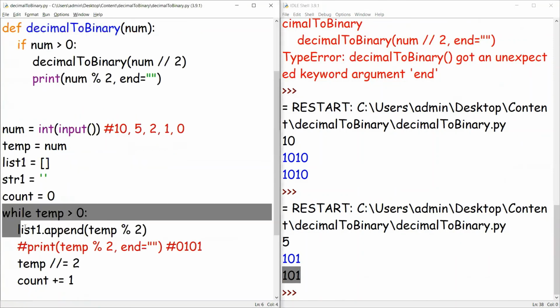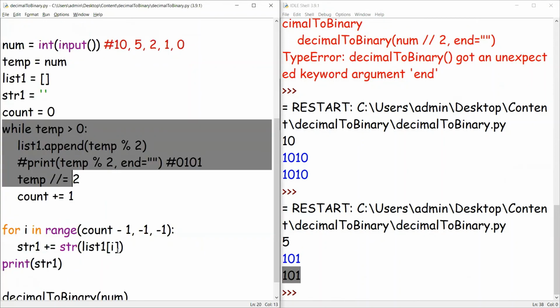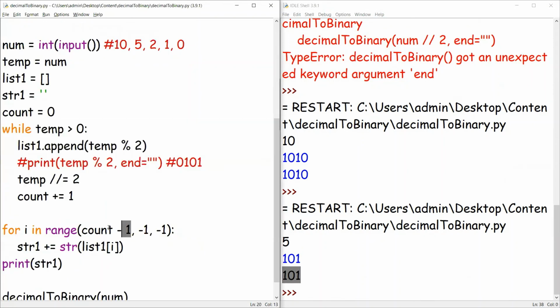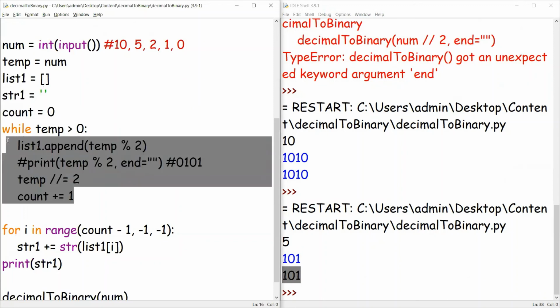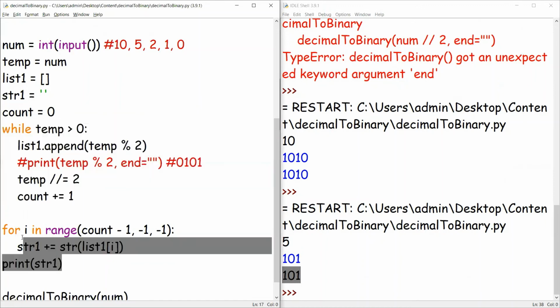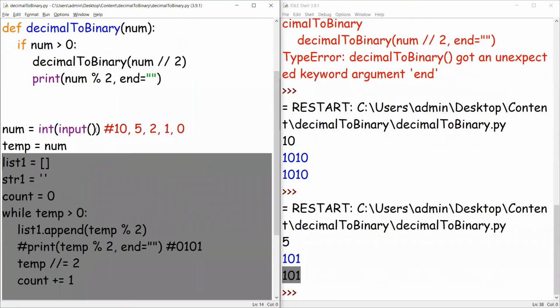Instead of writing this while loop and iterating from the last value to the first value and adding that value to a string value and printing it, here if you observe, we were taking an extra list, an extra variable called string, an extra count variable, and again two different loops. So instead of using all this stuff, we could directly use the concept of recursion, which makes our code simpler and easier to write.